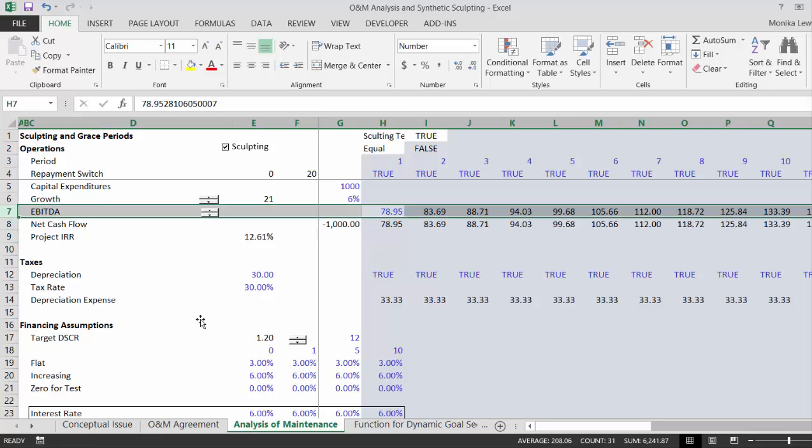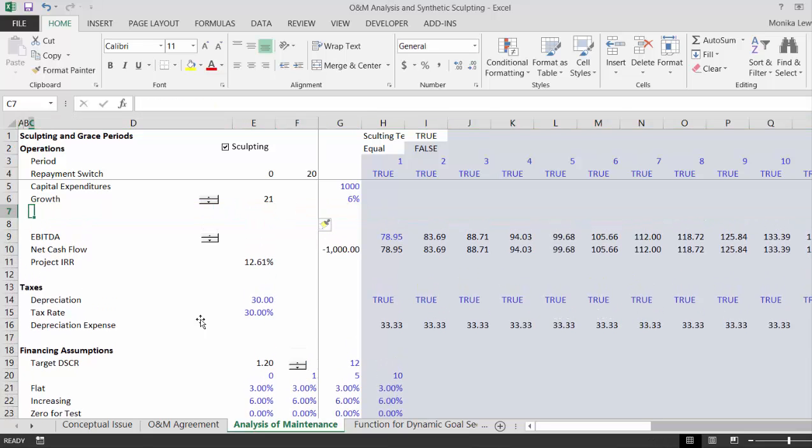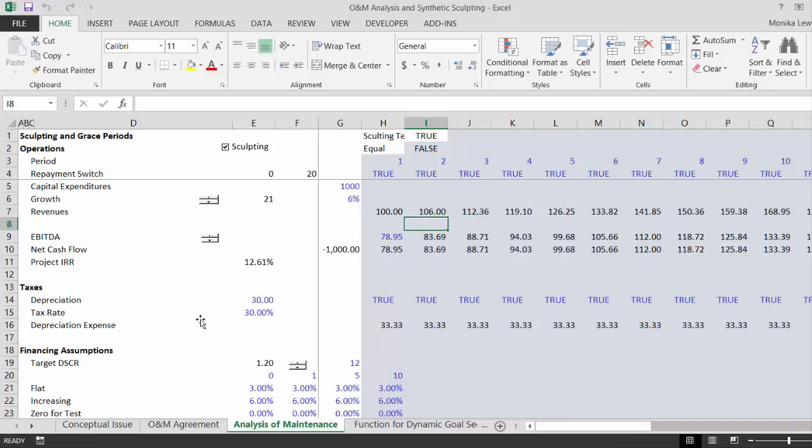So what we're going to do is let's put revenues. We can do the same sort of thing we've been doing before. Multiply that by 1 plus the growth rate. Whoops. Sorry. And then we copy that across,